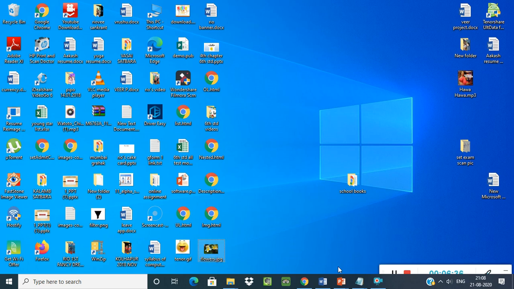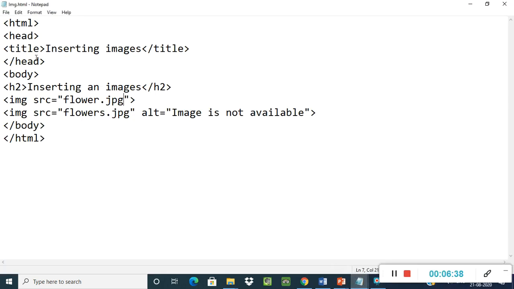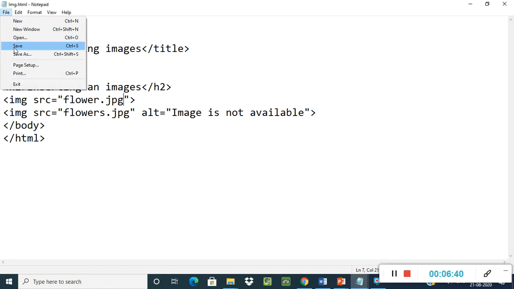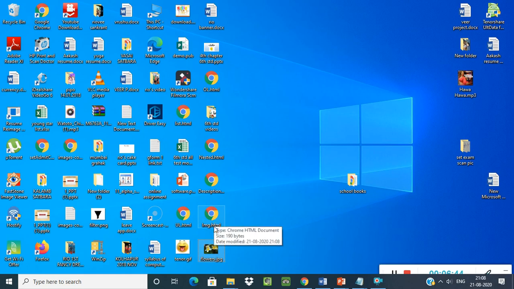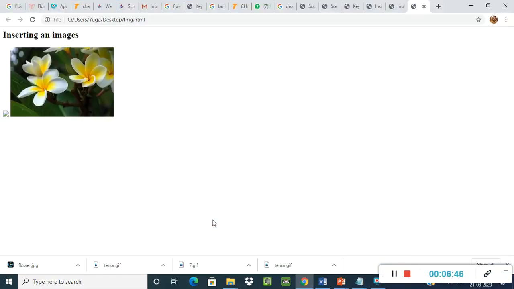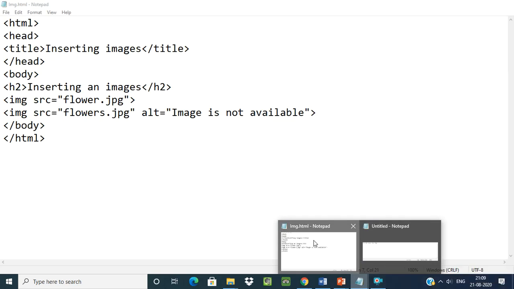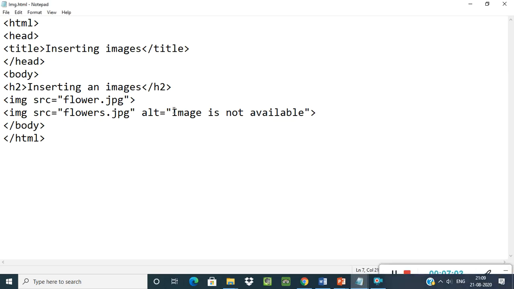Now you can save this file and run your file on the desktop. See what is happening now. The first image is not available and the second image is available now, because the alternate text is not showing here; in my coding I did not give the alternate text here.